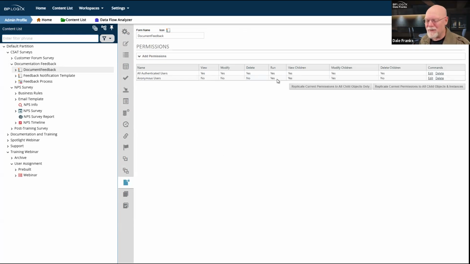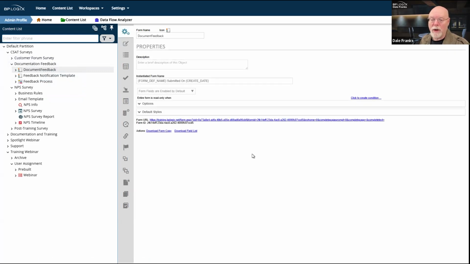I think this form would work well enough with just run permissions, but this form has a URL that you can access, and the URL, obviously, is right here on the properties page.